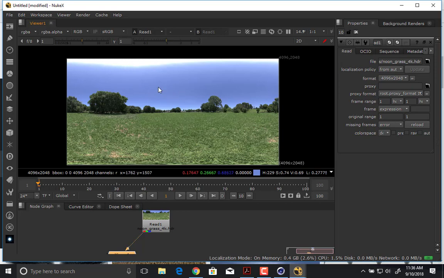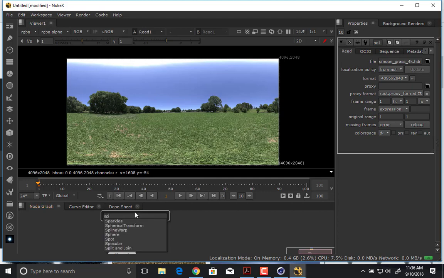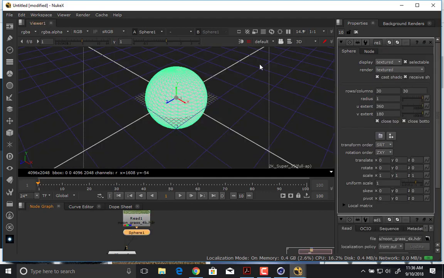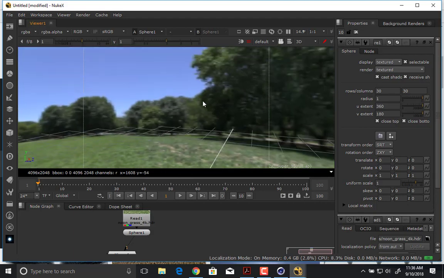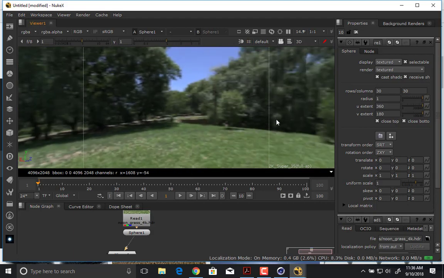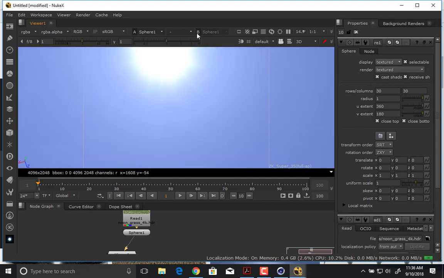And then the blue of the sky, the sun that's up there, the grass, all of that is used as reflection, used as bounce light that would go into our scene. And then just so you can see what it looked like in the real world, if I put this on a sphere and I stood in the middle of it, I turned off my grid. This is where the photographer was standing when they shot this. There's the sun,